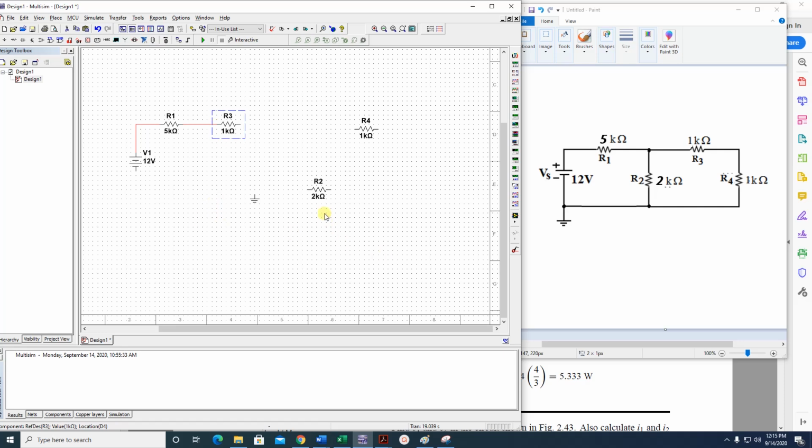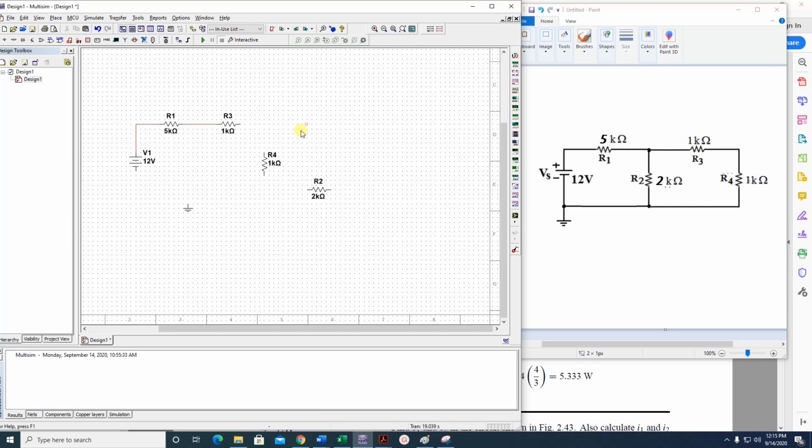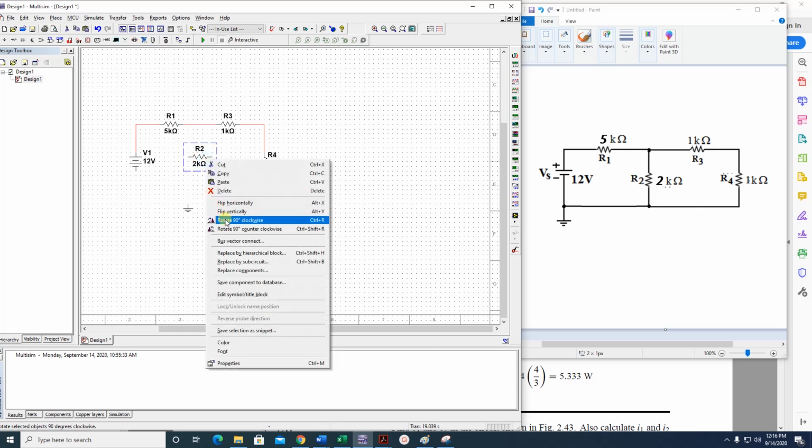All right, then you have R4, 1 kilo. You get it here, drag it by the mouse, drag this far away a little bit, and right click and rotate 90 degree. Okay, and you connect this resistor. The last resistor here, get it in the middle, drag it, right click 90 degree,